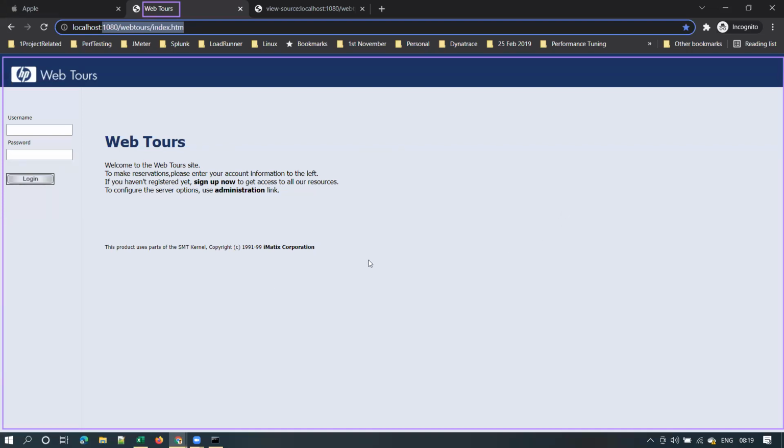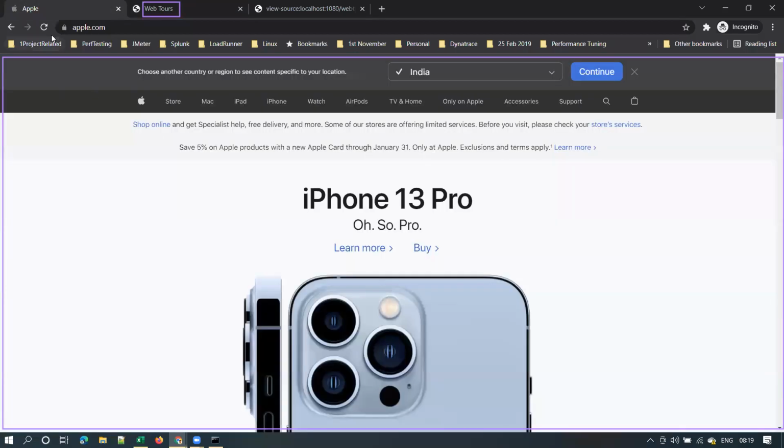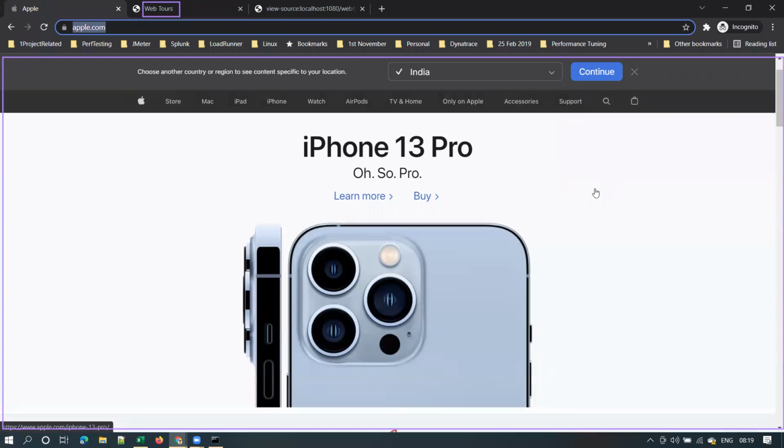This is called the HTTP response. When you type apple.com, you are sending an HTTPS request to the Apple server, and this is the HTTPS response.